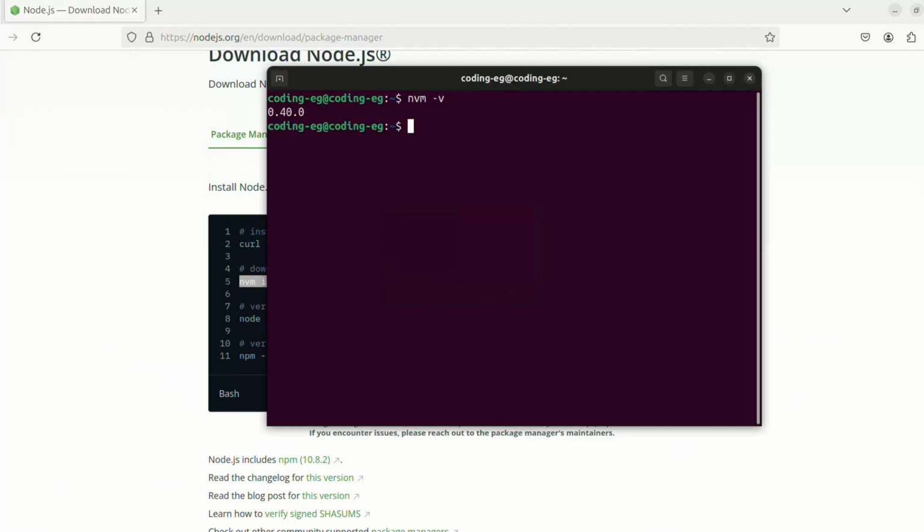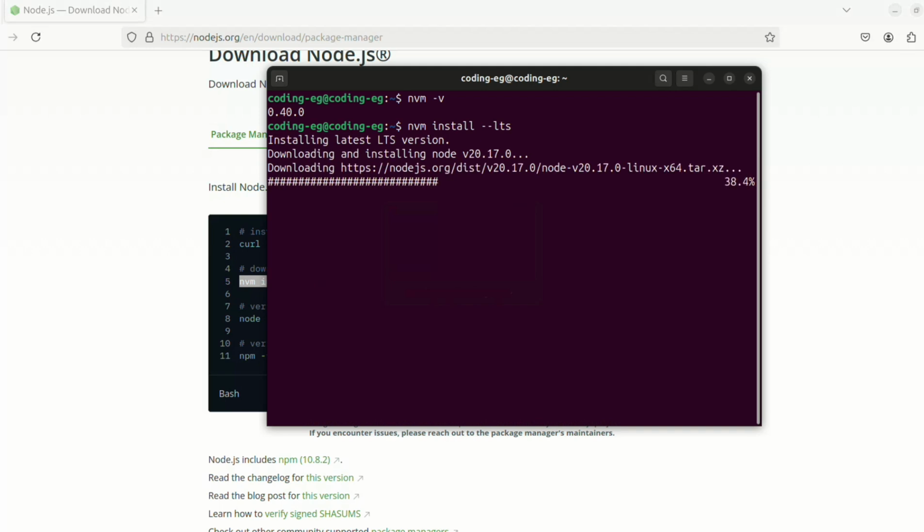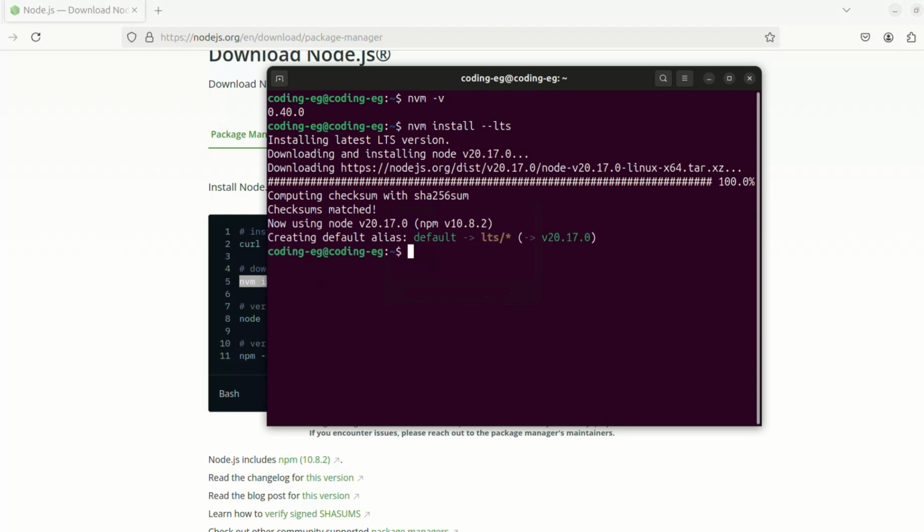The cool thing about NVM is that it allows you to install multiple versions of Node.js and switch between them easily. nvm install --lts installs the latest long-term support version of Node.js, which is the recommended version for most users, and press enter key. Once that's done, you can check the installed version of Node.js with this command node -v,